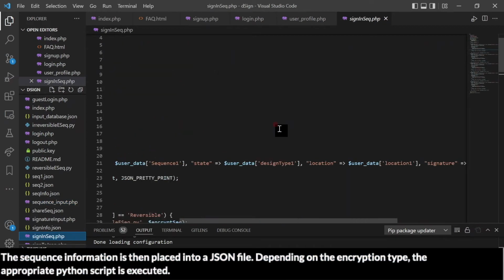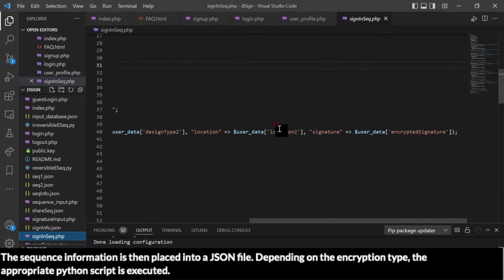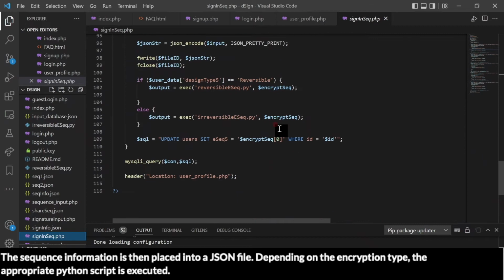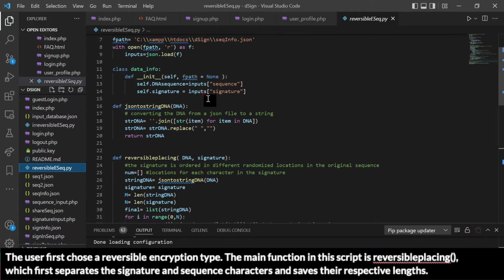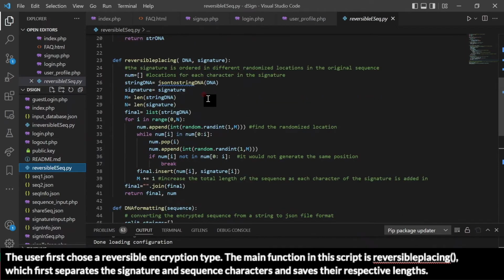The sequence information is then placed into a JSON file. Depending on the encryption type, the appropriate Python script is executed. The user first chose a reversible encryption type. The main function in this script is reversible spacing, which first separates the signature and sequence characters and saves their